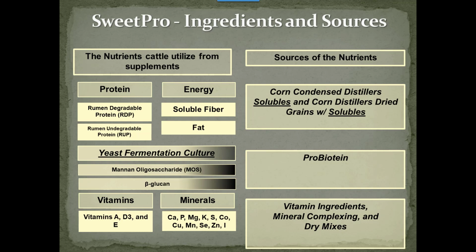In addition, SweetPro is made from a yeast fermentation culture, which has some yeast cells with it and a variety of nutritional values, and then vitamins and minerals. We're really going to be focusing on the mineral side of this, and magnesium and calcium in particular. Okay,